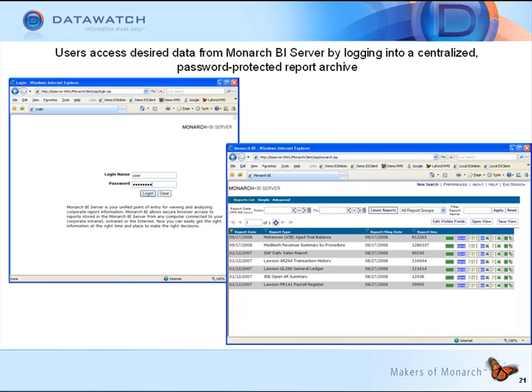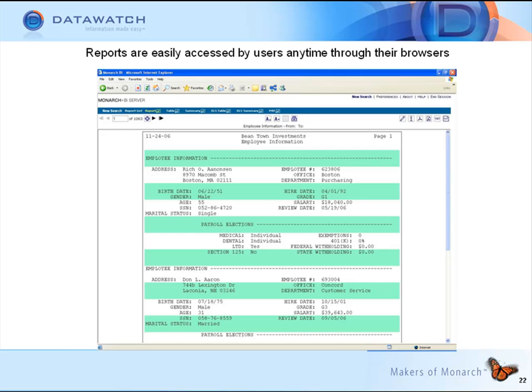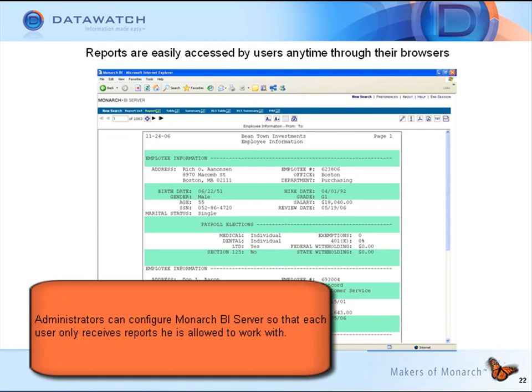End users log into the Monarch BI Server login screen with their own unique password, and then reports are easily accessed by users anytime through their browsers. You can pick and choose which reports you would like to access. It's also important to note that report security can be established, so each user only receives reports that they are allowed to work with. Confidential reports may be only accessible by executives and so on. So end users can look at reports online like this, be able to do full text searches for specific text appearing in a report,